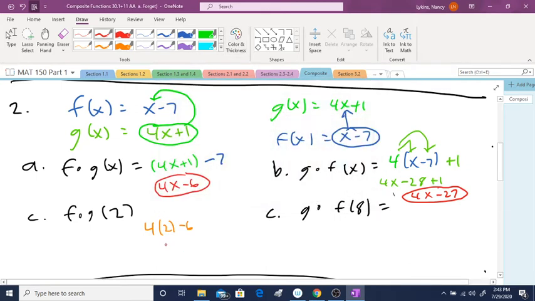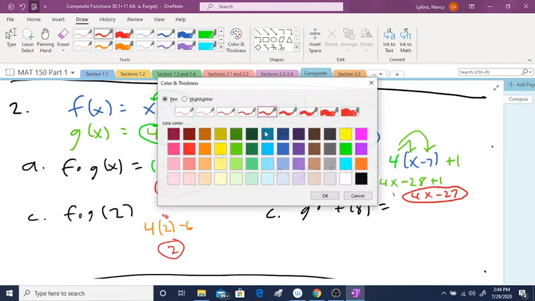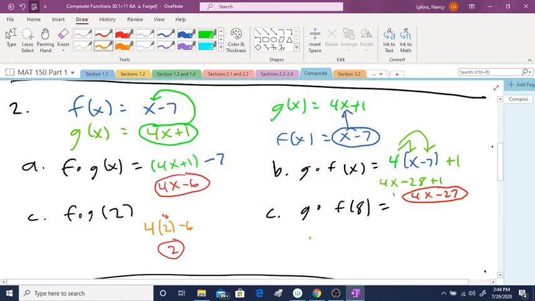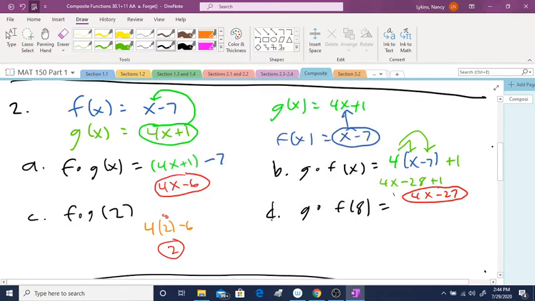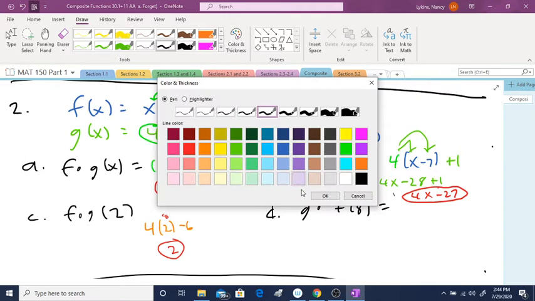So 4 times 2 is 8. And then 8 minus 6 is 2. Same thing with part D. In part D,